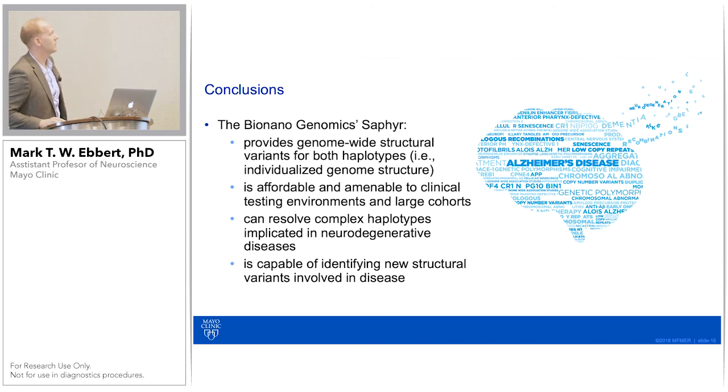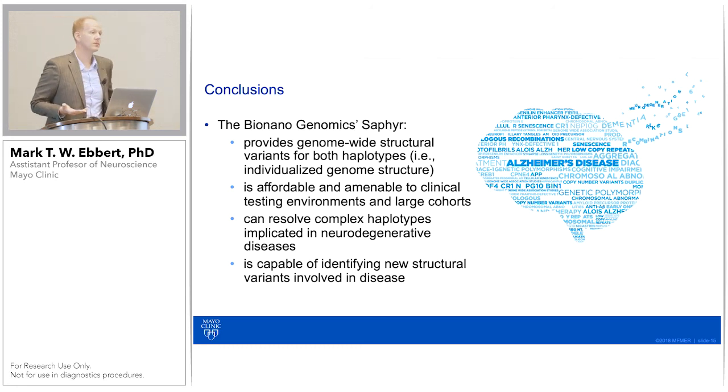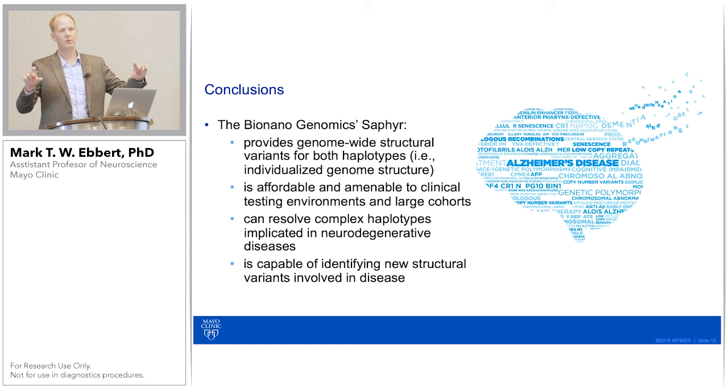So in conclusion, I've just been really impressed with what we've been able to do with the Saphyr. It provides genome-wide structural variants for, again, both haplotypes. To me, that is a big deal because we're no longer just associating an individual mutation. We can begin constructing an entire haplotype and testing that association. It's affordable and amenable to both clinical